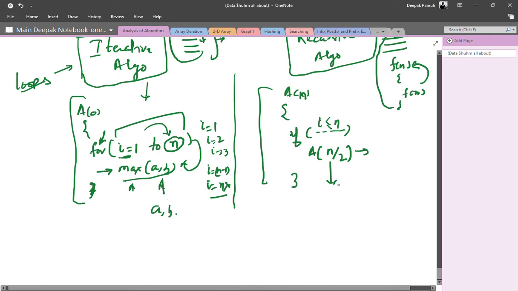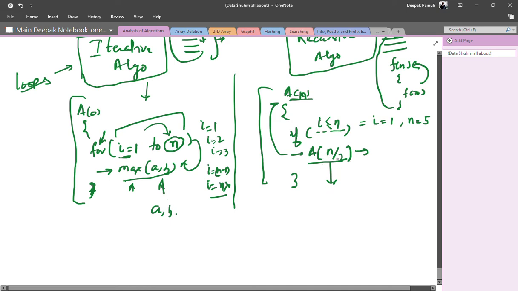In this case, let's say for i equals 1 and we have n defined as 5, right? For i equals 1, it is calling another function with the same pattern. See, this is the an function, and it is the function a n by 2. What it means is that it is calculating the function for the n by 2 value, right? So that means it is the next function.